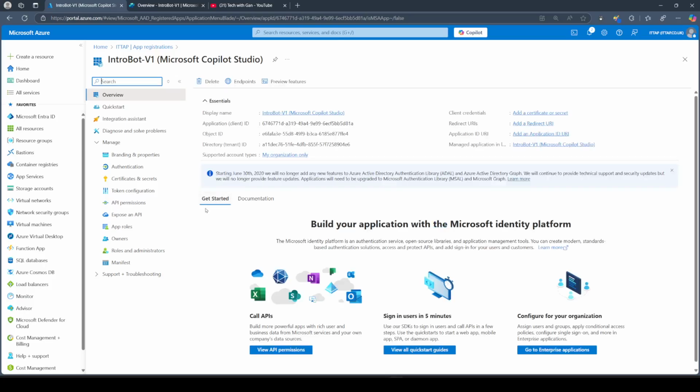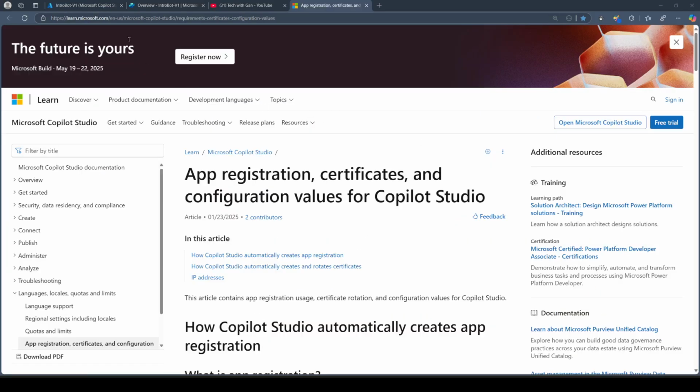So by default, Microsoft creates this app registration. Then it has a few settings in it. Let me open the Microsoft URL to go through further. So this is a Microsoft URL,